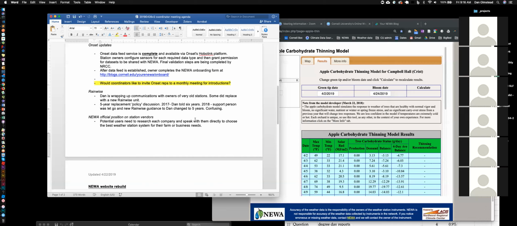Dan, this is Cheryl. I have a question regarding that. If the stations are older than 5 years, and of course, all of us on this call know the situation, we don't have a lot of money to replace stations every 5 years. Much of this has been obtained through grants. So if we do not replace the stations after 5 years, are they going to not service and offer assistance with those stations that are older than 5 years? Honestly, I think that would be a really bad move on their part.